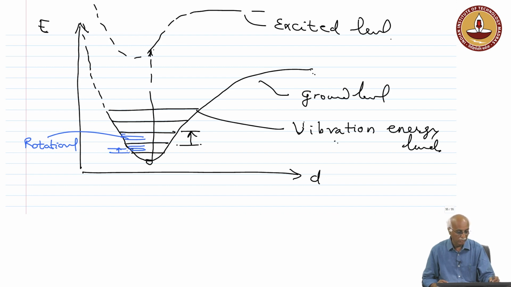But in the case of vibrational energy levels, the frequencies are approximately near infrared to mid infrared. This gap corresponds to mid infrared transitions, and electronic transitions are in the visible region or UV region,